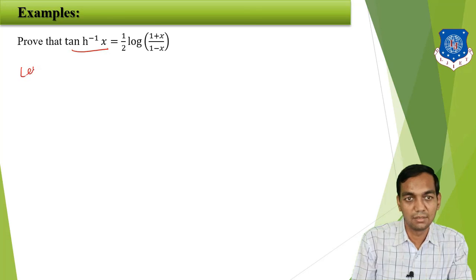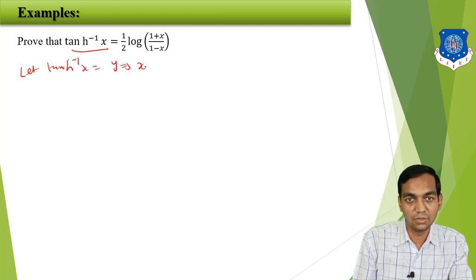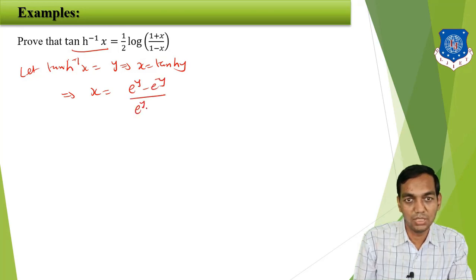So let tan hyperbolic inverse x is equal to y, and that will give x is equal to tan hyperbolic y. So x is equal to e raised to y minus e raised to minus y upon e raised to y plus e raised to minus y. Okay, and that will give you, we have to take componendo and dividendo rule. So taking componendo and dividendo rule,